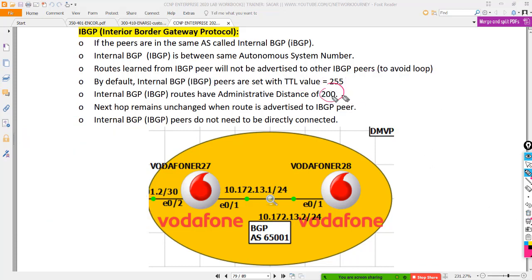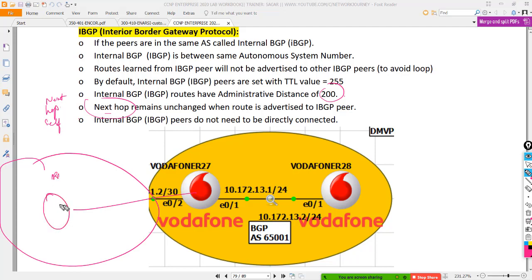So for IBGP with AD 200, the next hop remains unchanged. This is something we discussed in next hop self. If I have another AS, whatever route, say 4.4.4, when it's going across and reaching R28, R27 is not going to change the next hop.